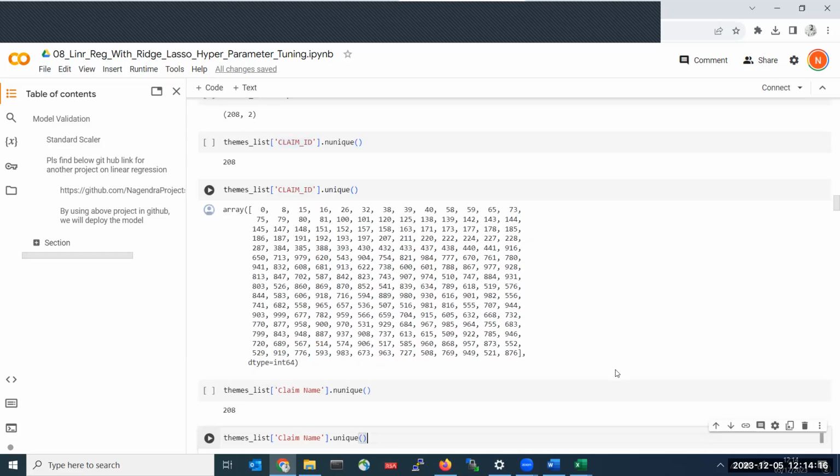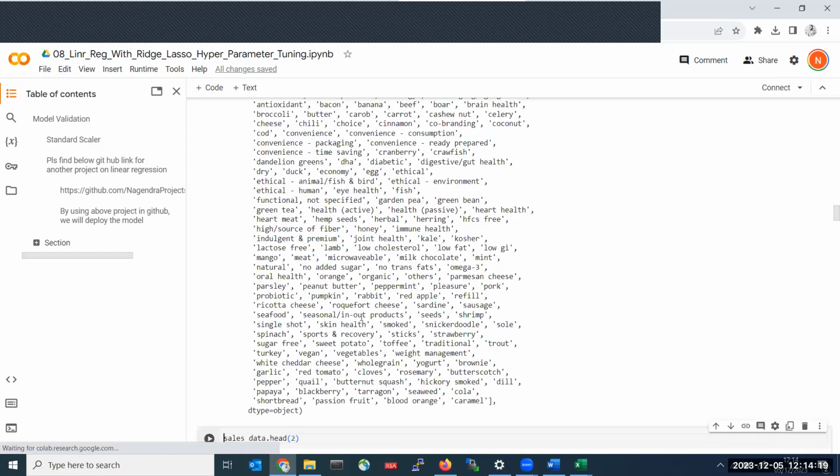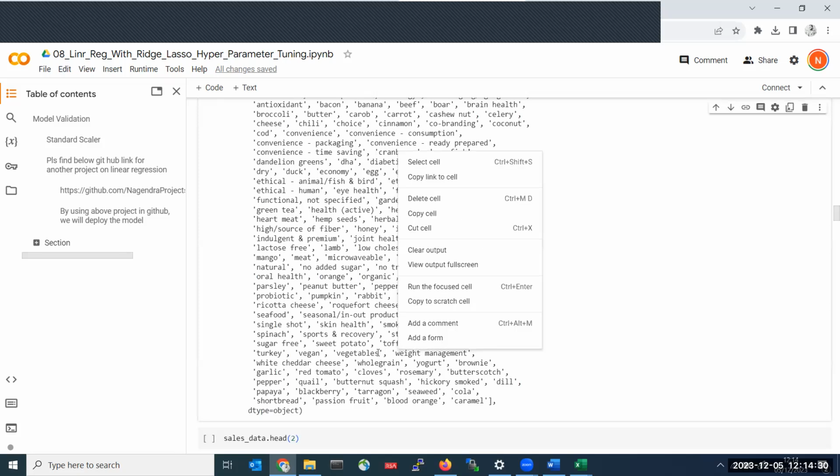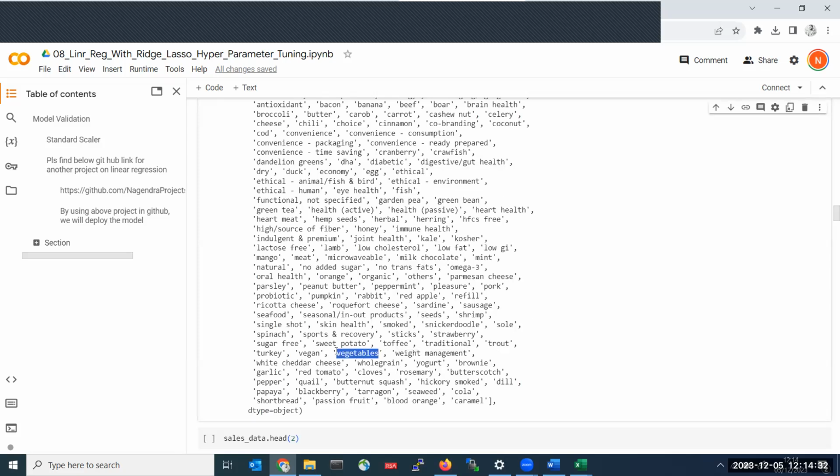So next, claim name. For IDs we check the unique values, and for names also we check the unique values. See, all of them: red apple and coffee, weight management, vegetables. Vegetables means all the vegetables will come under this. They divided some, like red tomato, this is another. And blackberries, whatever berries will come under this. Papaya related things will come under this, and passion fruit, something else. They will be maintaining all those things. And next,